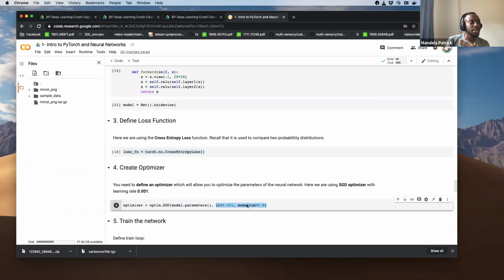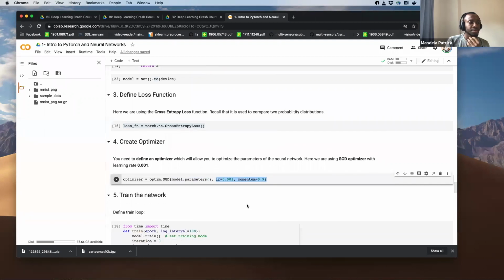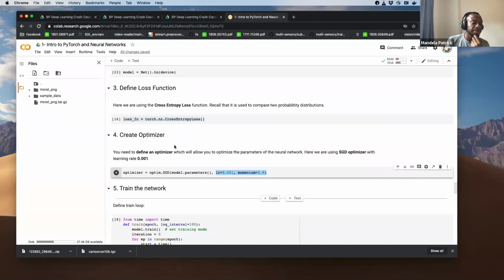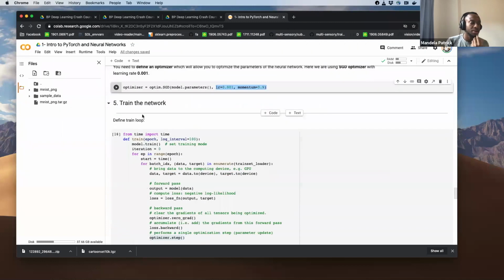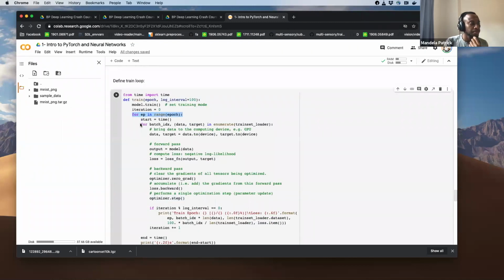So most training loops look like this. You go through the data an epoch number of times. Then you have your data loader, which gives you a batch of data and labels. You move it to GPU, you pass it through the model, and you define the loss, which is basically comparing the model prediction with the target or the ground truth. This basically tells us how bad or how good the model is.